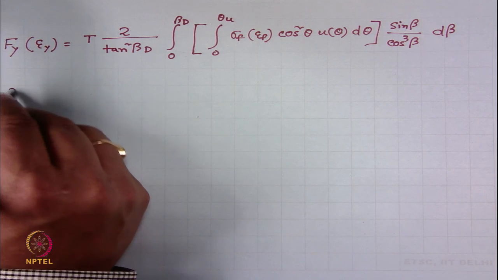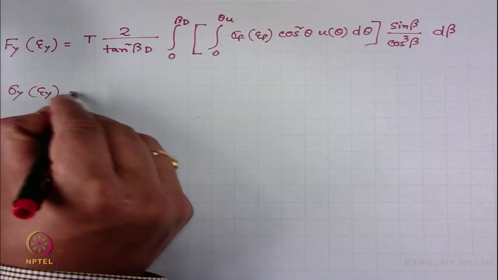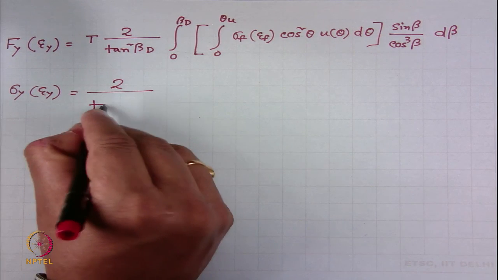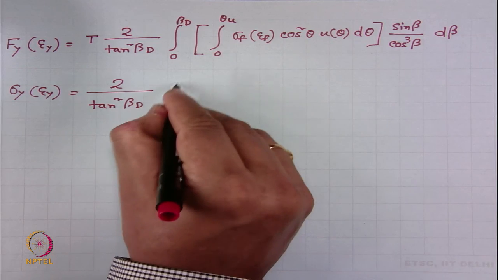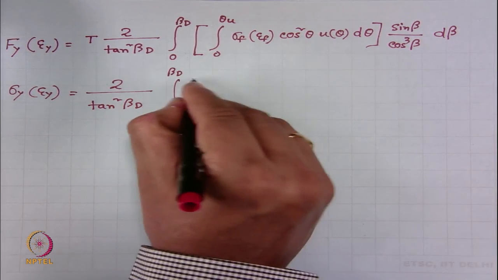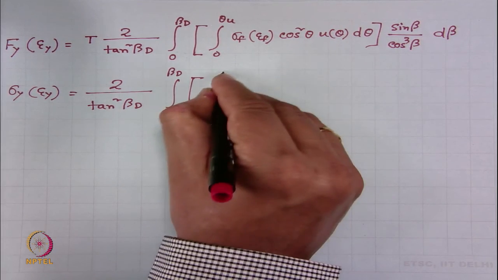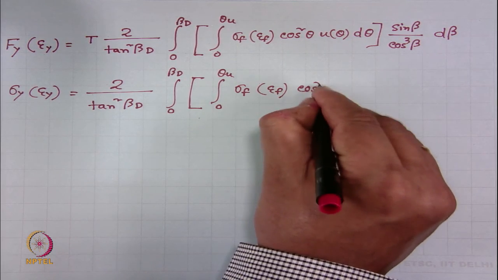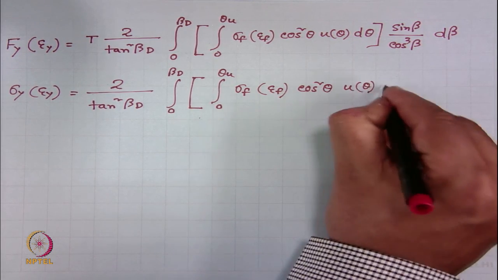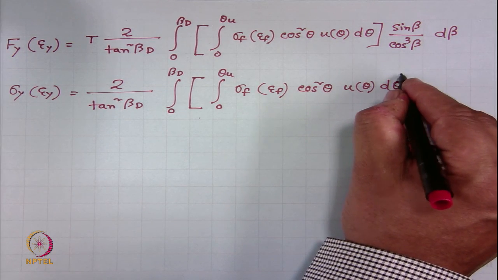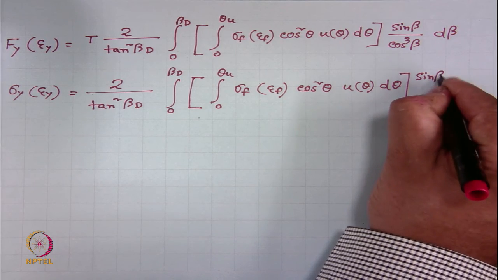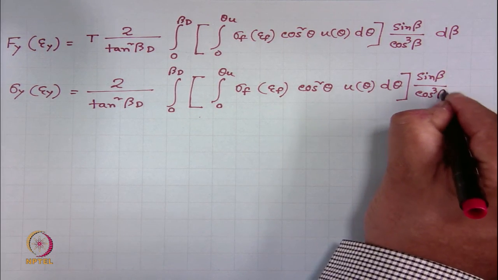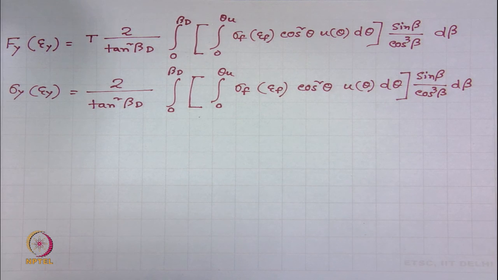Second is stress developed in yarn: 2 by tan square beta d, 0 to beta d, theta u, f cos square theta u theta d theta, sin beta by cos cube beta d beta. Right,